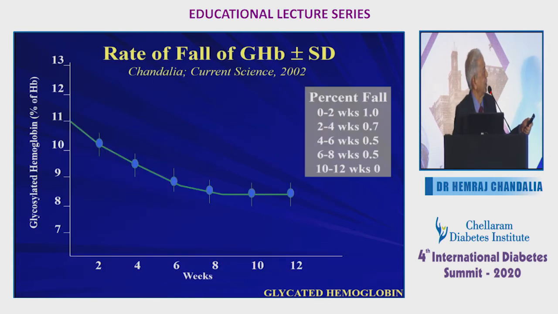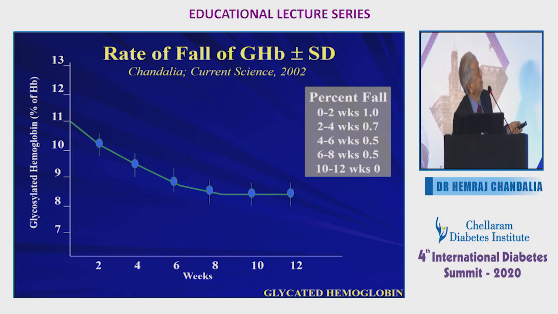So this is possible. See, this was not studied by many investigators at that time when we reported, and that is how fast the dissipation of A1C occurs. This is very interesting because you can use this clinically. If you take a very high A1C value, which we did in this paper, which we again published in Current Science, and that is start with 11, we took a group of patients and treated them very efficiently with a sulfonylurea, purposely the same molecule to treat everyone, and brought down the A1C very predictably.